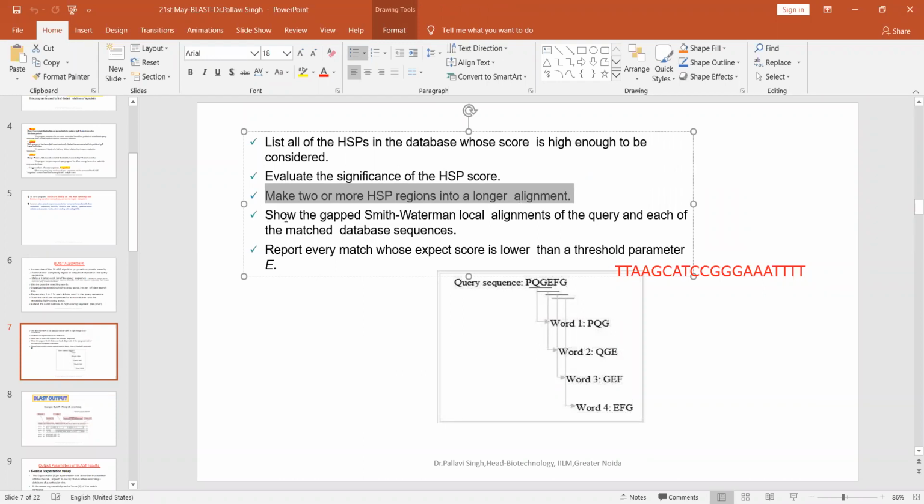And also, as ma'am told you in the morning, to make the alignment optimal, we need to insert gaps, but this gap has a penalty. There are two kinds of penalties: gap opening penalty and gap extension penalty. Whenever you are inserting a gap, that is going to decrease my score. But to do a good alignment, I need to do it. I'll move on to the next slide, showing you the output and the scoring.